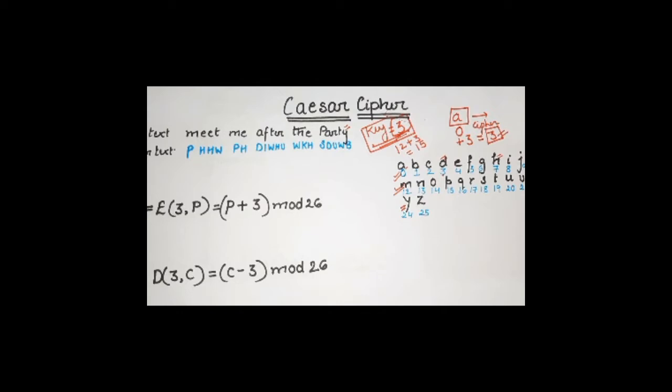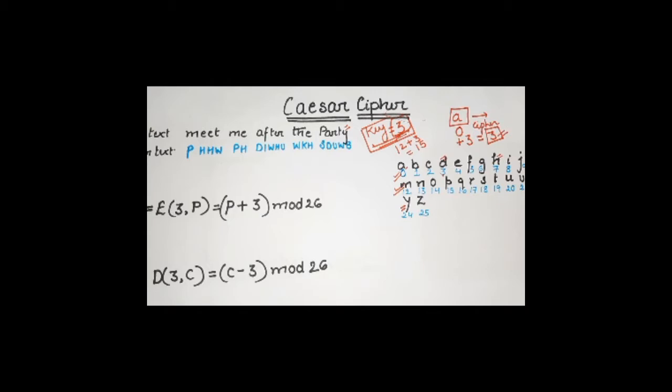So here comes into the picture what is modular arithmetic. Now, modular arithmetic is a circular arithmetic. That is, it repeats itself. When I say mod 26, it means from 0 to 25, the values will be repeating themselves. After 25, again 0 will come, then 1, 2, 3, 4, and so on. Therefore, after Z, again A will come, and therefore B, C, D, E, F, G, H, and so on. I hope you can understand.